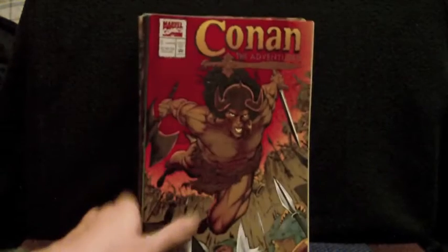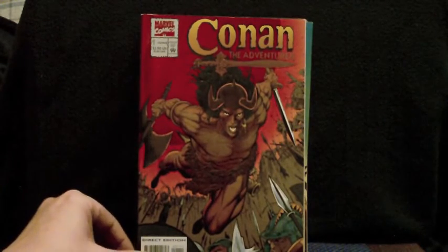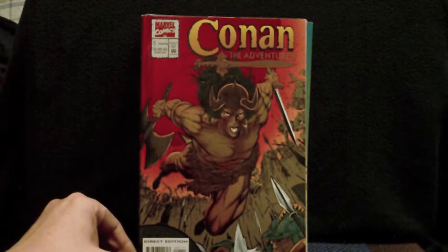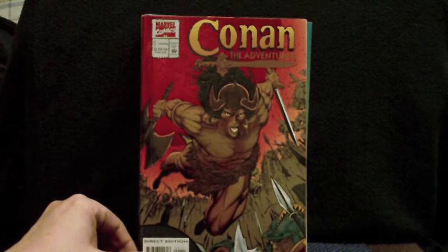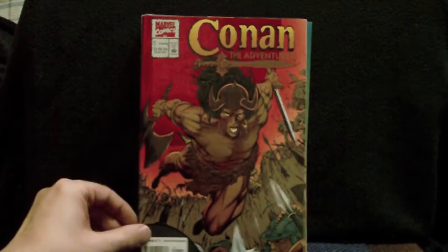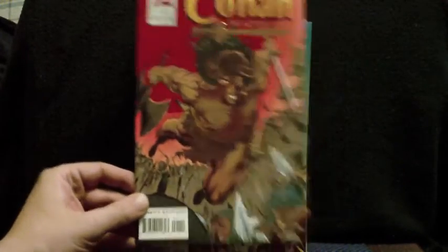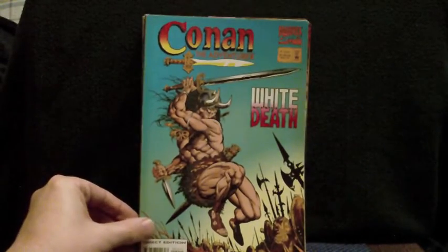Conan wasn't always at Dark Horse. He has been seen elsewhere, and this is where the last part of my haul comes from, our Conan special, and it was of course at Marvel. I managed to pick up these at a nice cheap price, and I'm just going to have some Marvel fun with these. Conan the Adventurer, issue number 1. I don't think you can quite see under this light, but it's a shiny, embossed cover. Here we are with issue number 2,